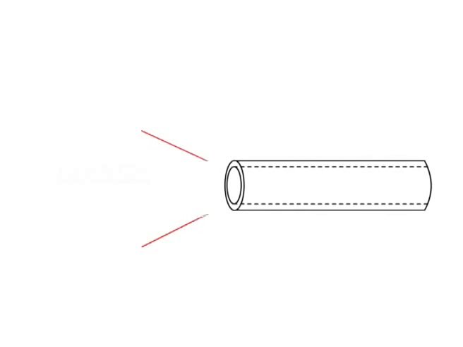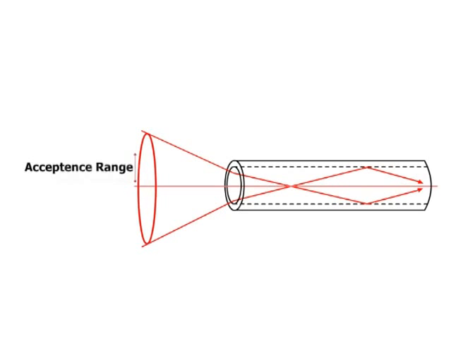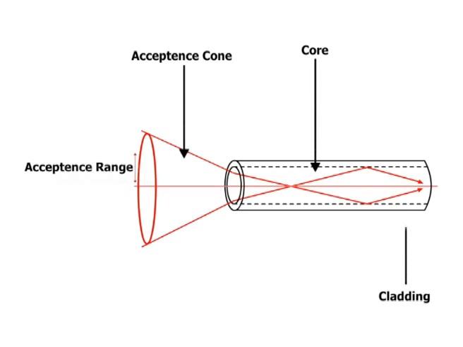One way of measuring the numerical aperture of the fiber is to fill the fiber with light and measure the characteristics of the light leaving the fiber. The fiber output is a cone of light that spreads out wider as the distance from the fiber exit increases.